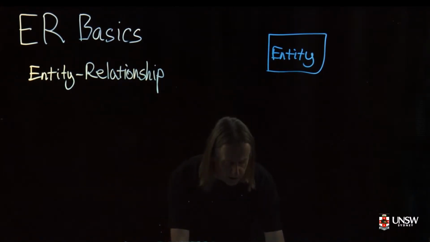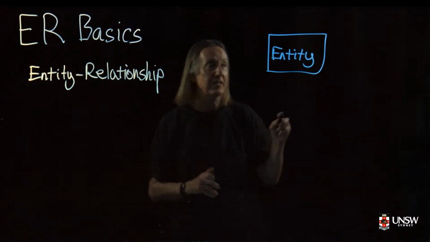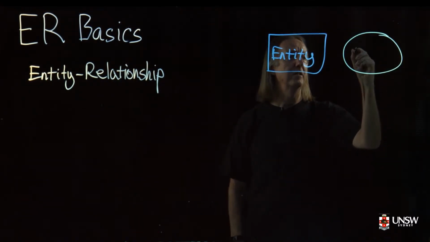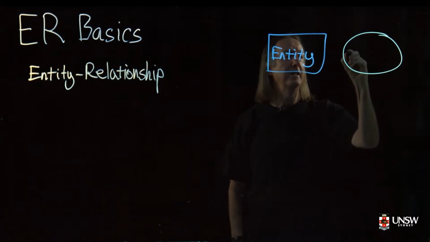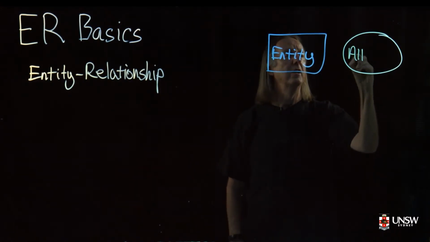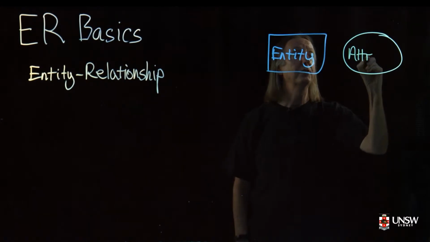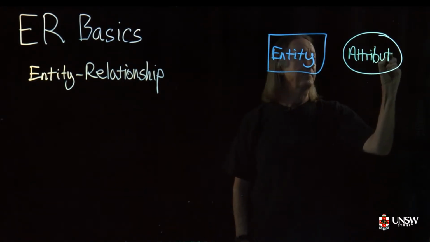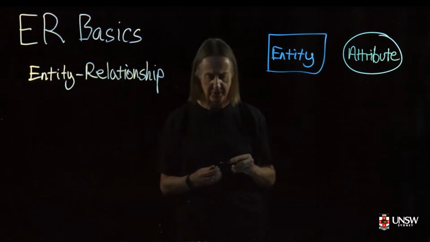Now, entities have characteristics, which are represented by ovals, and they're the properties of the entities, and also they can be properties of relationships,